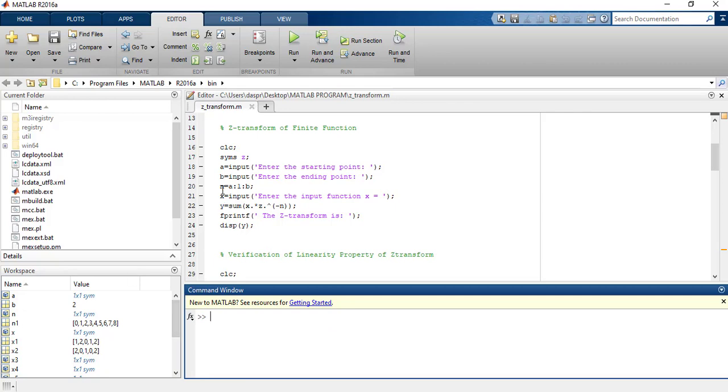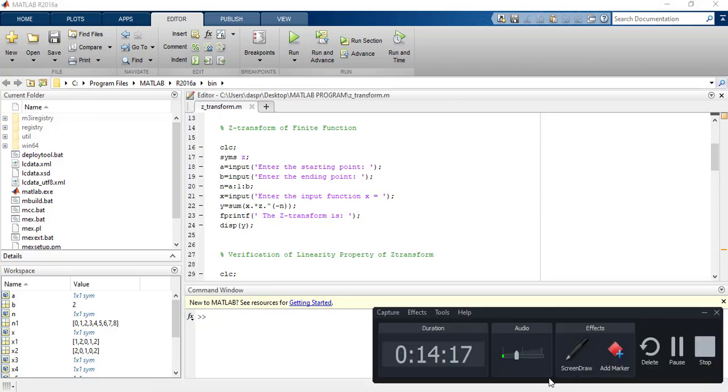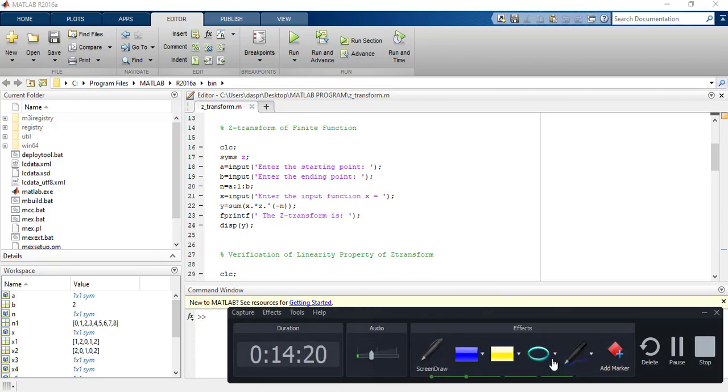Z transform of a finite function means, suppose you have a function, x is equal to 1, 2, 3, 4. It's a simple function, and you have to perform the z transform in MATLAB.